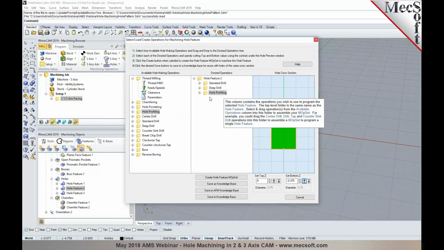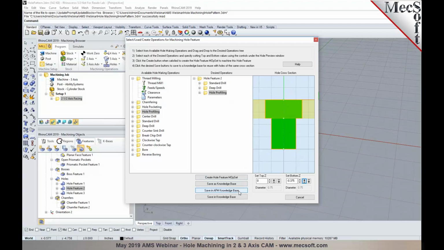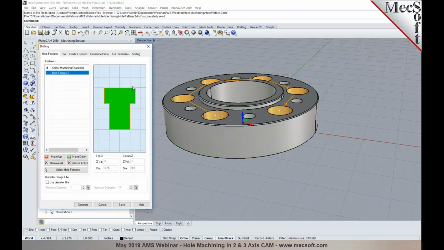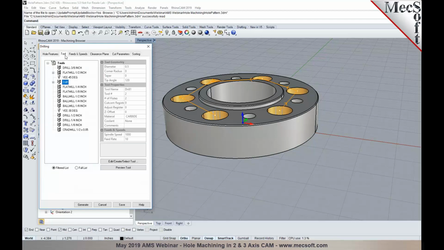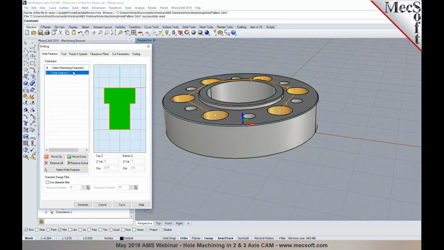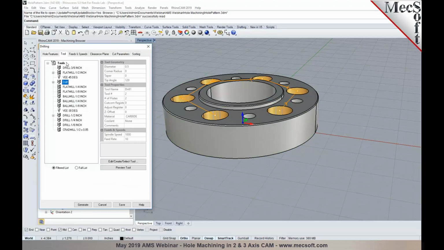Now once you have these created, you can save them into the automatic feature machining knowledge base, or you could just create them as a hole feature machining operation set in here, and you can go back and update the tool to match the tool for the hole size. In this case, I would like to use a 1/2 inch tool. So I'm going to pick a 1/2 inch drill for that, and then specify any additional parameters like sorting, generate it, apply the same workflow for a deep drill operation in here,